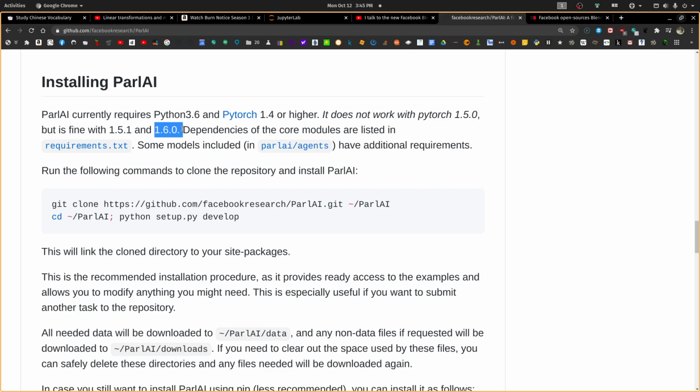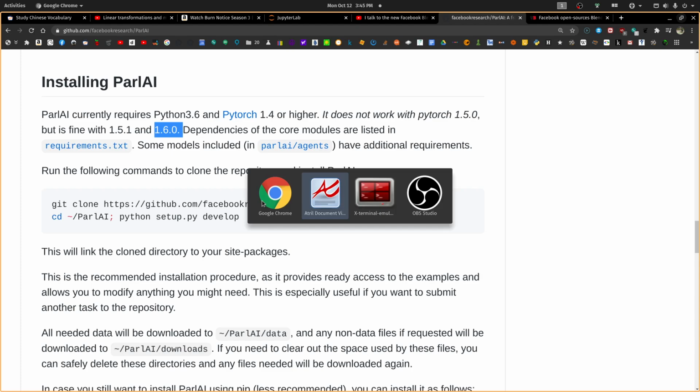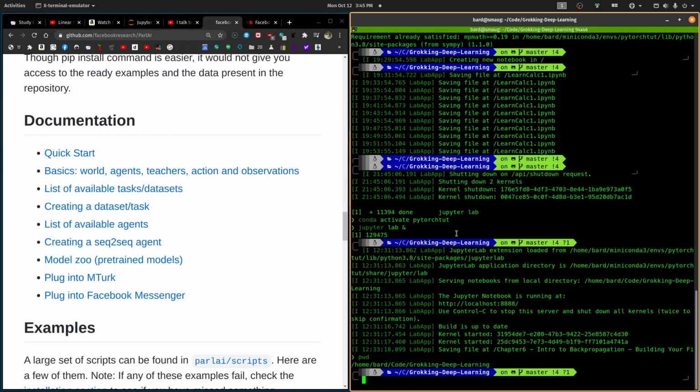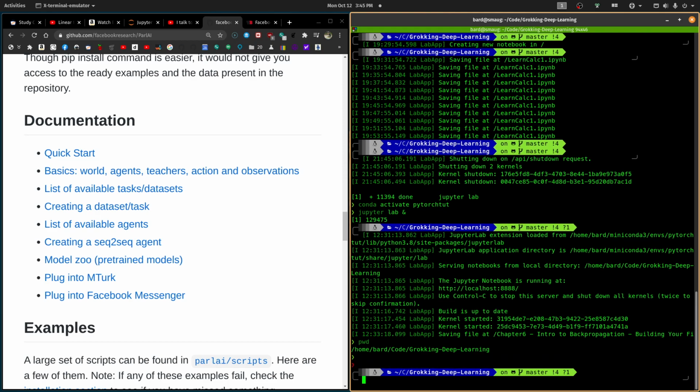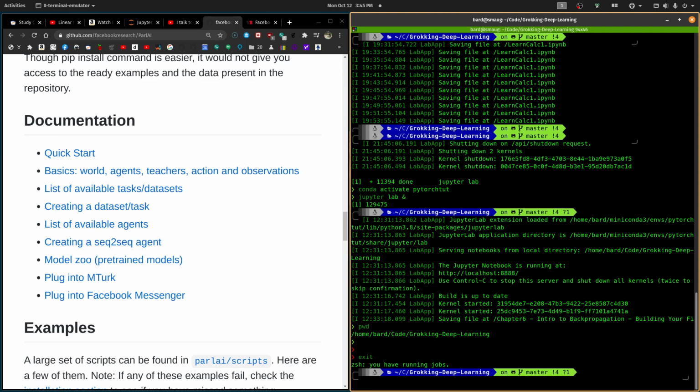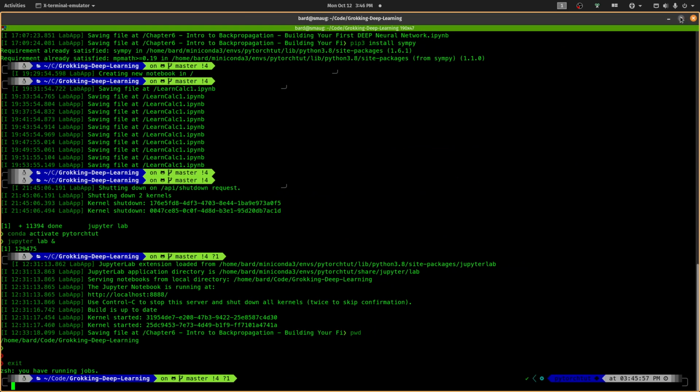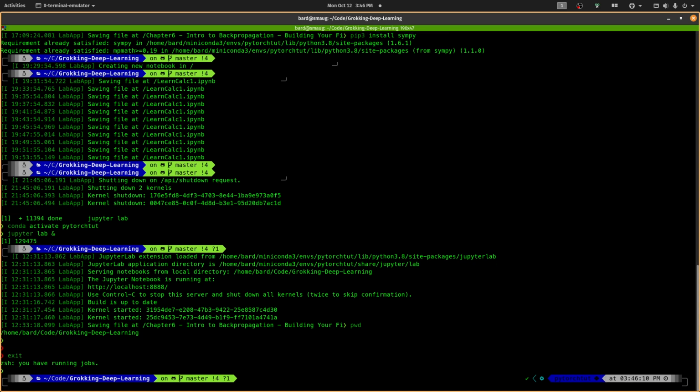So before we do this, I'm going to pull up a terminal here. And I'm going to quit this Jupyter notebook that I have running here. Unfortunately, I can't see this thing out here without having this full screen. I have to work on that. So what's going on with jobs here?